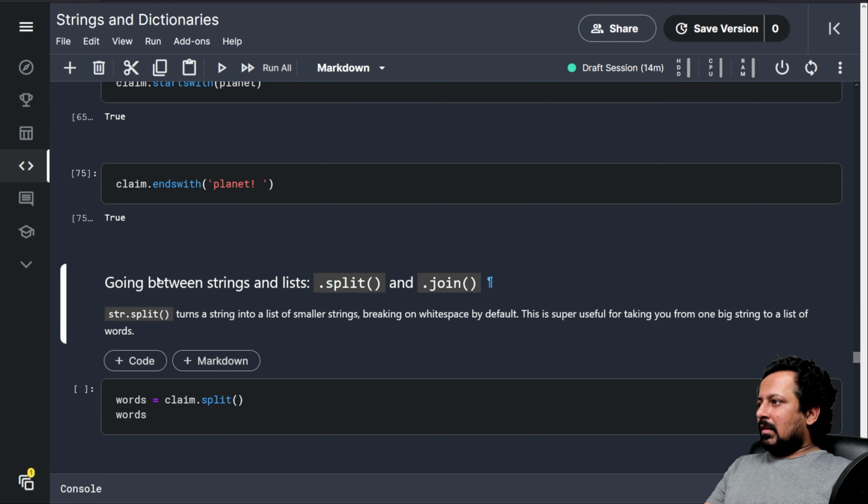When you don't specify anything inside dot split, it's going to split by white spaces, and it's going to keep each word in a list. So when you want to extract the words, you can just do dot split, and you have a list of different words in a given string.